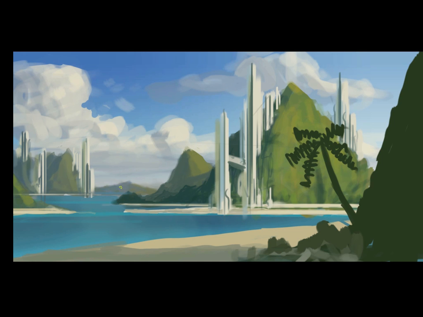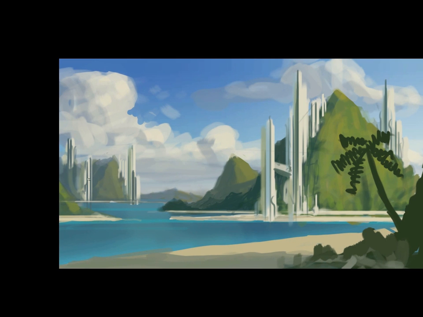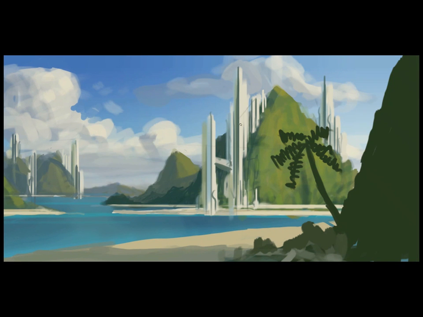Notice that my focal building is not dead center. I don't want this to be a perfectly boring composition, so I'm just trying to keep it a little off center, but still keep a nice balanced composition that leads the eye through the